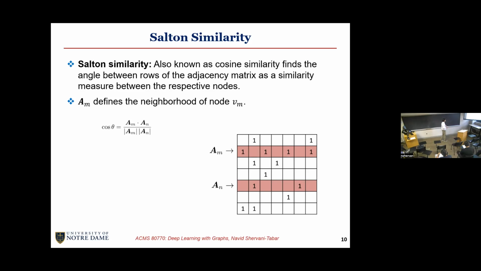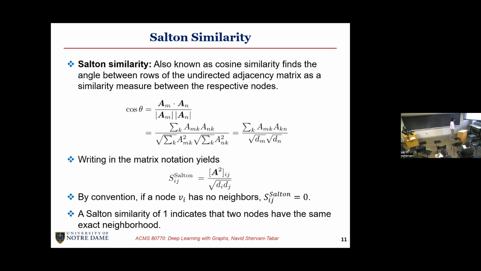The same thing can apply to node Vn, and then we use these vectors as vectors representing their corresponding nodes, and we find the angle between these two. So let's write that down. We have the inner product of those two vectors divided by the modulus of each vector. So let's write that in index notation. When we write it that way,